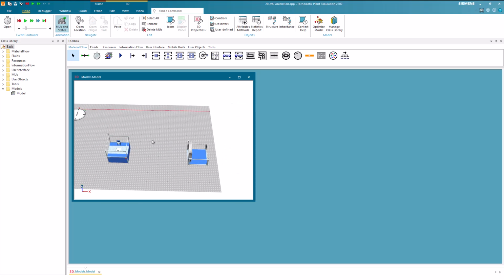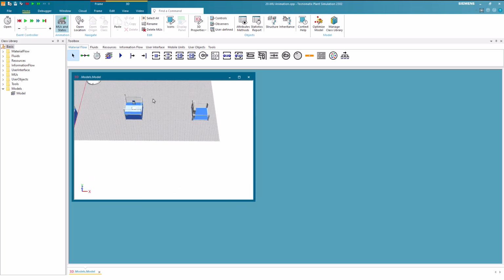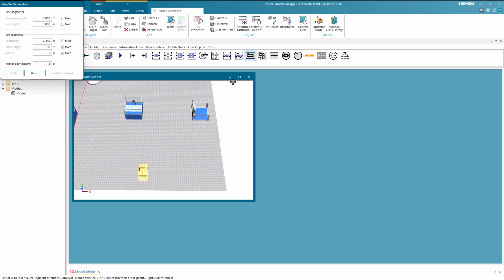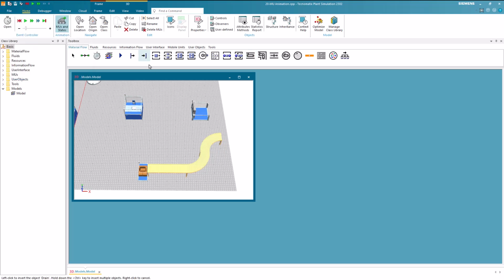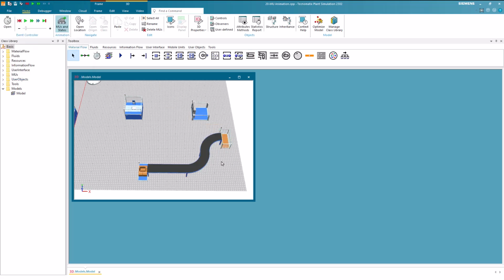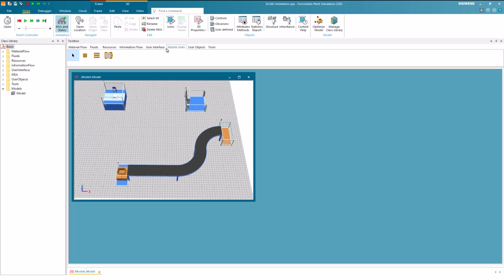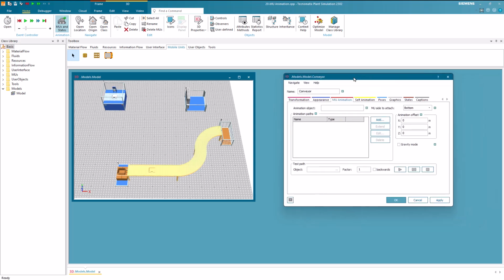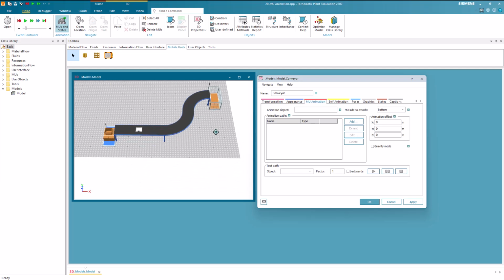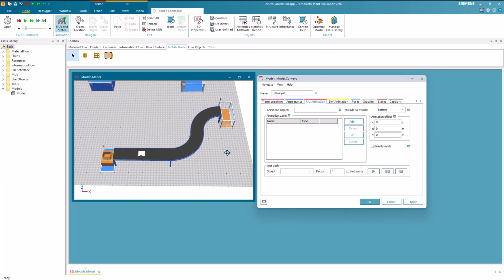Now we want to have a look into length-oriented objects. So we place a source, a curved conveyor and a drain into the frame. Then we place a part on the conveyor and open the MU Animation tab. It's evident that there are no predefined animation paths for length-oriented objects, as their animation is internally generated based on their geometric characteristics, particularly along the curve of the conveyor. Nonetheless, it is still feasible to define a custom animation path.